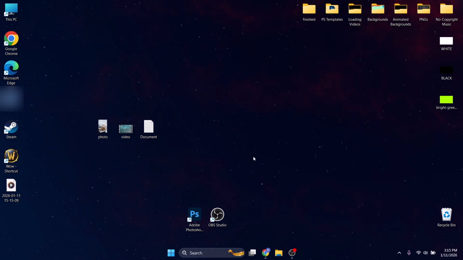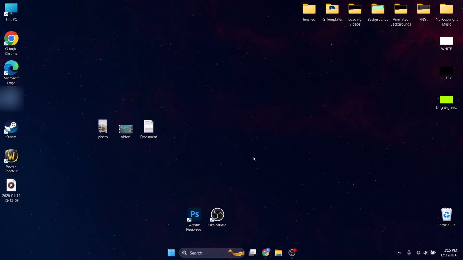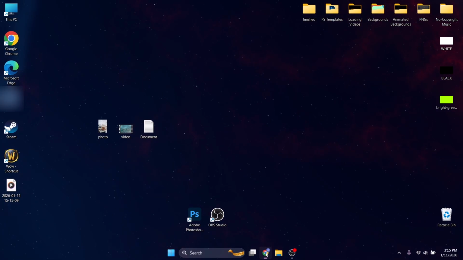Hey, in this tutorial I'm going to show you how to archive and compress photos, videos and documents with WinRAR on Windows 11. And to get WinRAR I will show you from where you can get it, because WinRAR